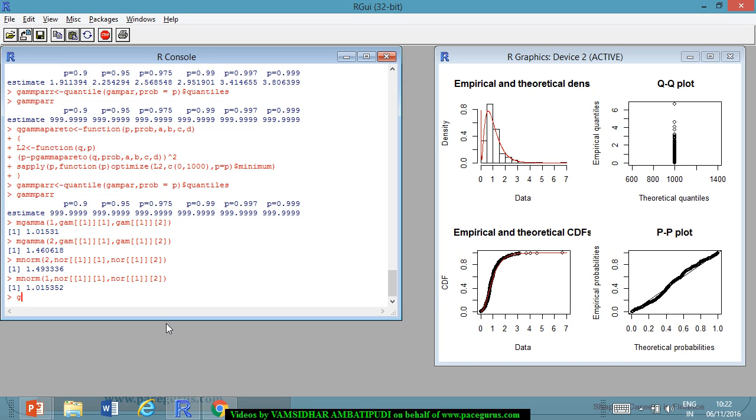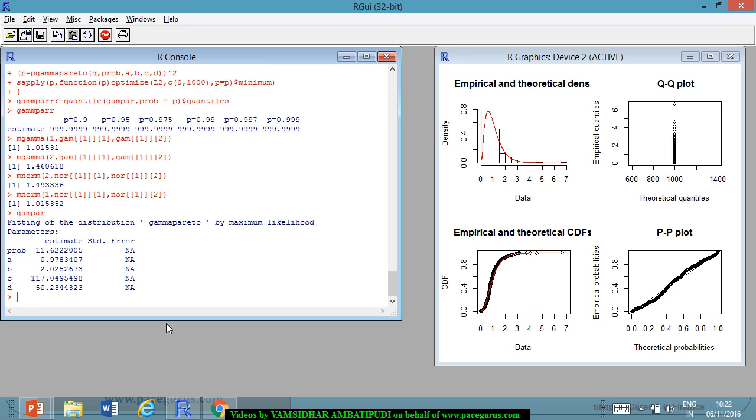So let me take GAM pair. Let me get the values of GAM pair. So these are the values of GAM pair. So this is where I will now take, if I have to really compute, I'll take the probability. If I want the mean of this particular distribution, it is nothing but I'm considering this particular probability multiplied by m gamma associated. So this is the probability, right? So let me take it as by 100